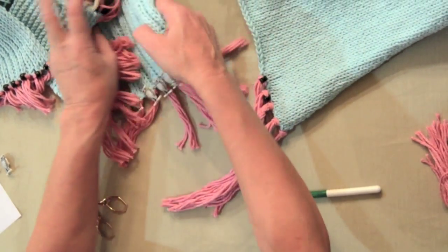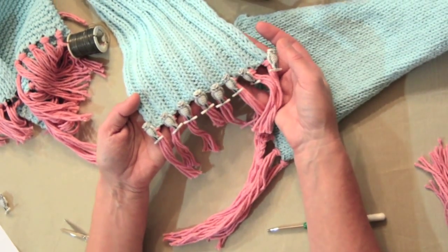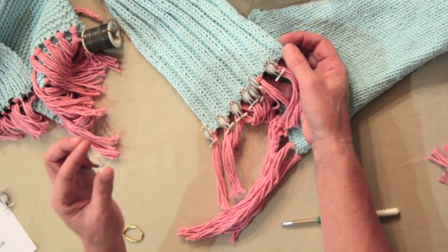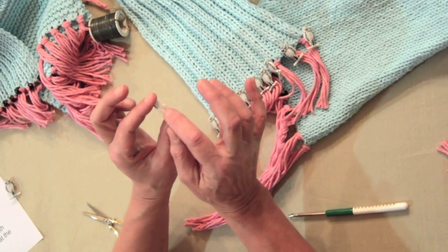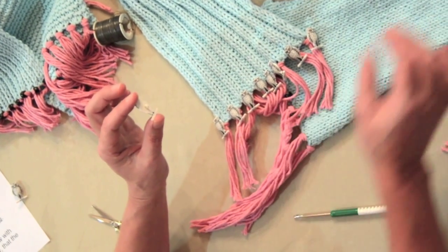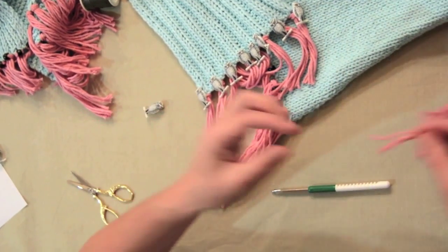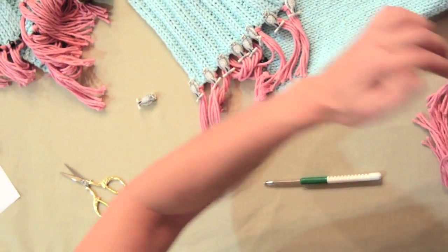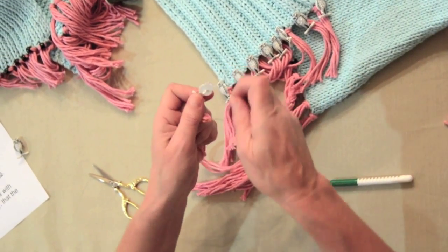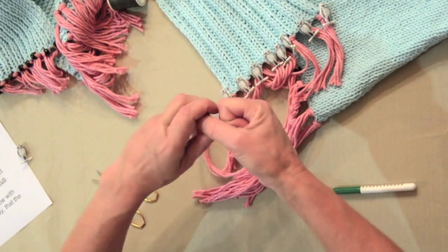The next pattern how you could change your fringes is with buttons. I used owls here because it is right now just in, so why not owls? You will have a hole in the buttons, and you have to make sure that the hole looks like an eye, a hole in the back of the button. Again, you use your wire tool, have your threads in the hole, pull your wire tool through the hole of the button, pull it through,